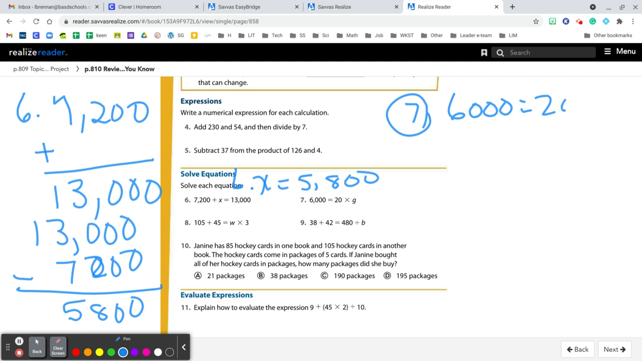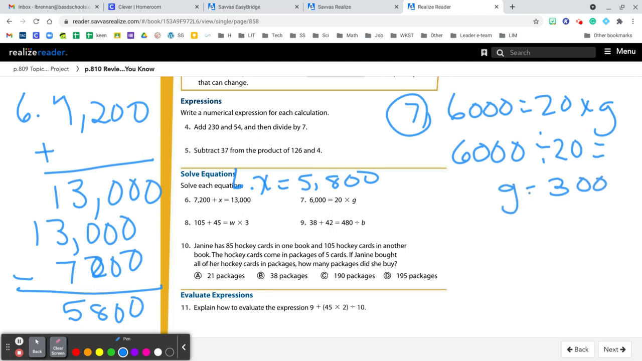equals 20 times g. So what we can do here is the inverse operation of multiplication is division. So we say 6,000 divided by 20 equals 300. So G equals 300. For number 8,